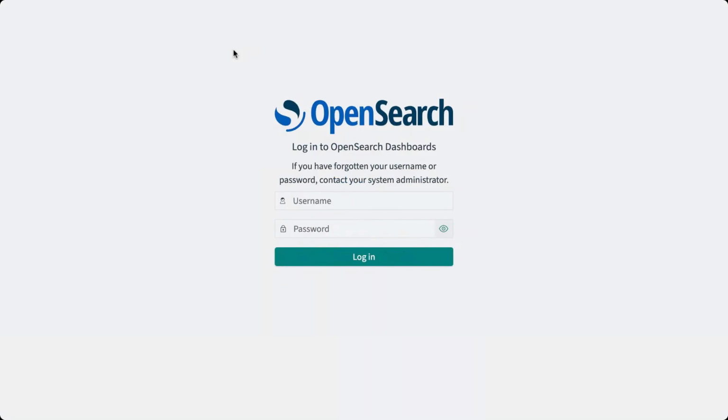We see that we have our OpenSearch dashboard with a login page. The username and the password are the username and the password of your OpenSearch database, which I will show you just after. But before doing anything on OpenSearch, I will first explain to you what we will do, and after I will show you with a few demos how to do it. So now let's go back into the explanation part.